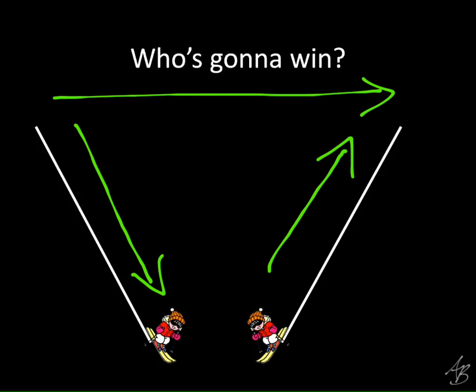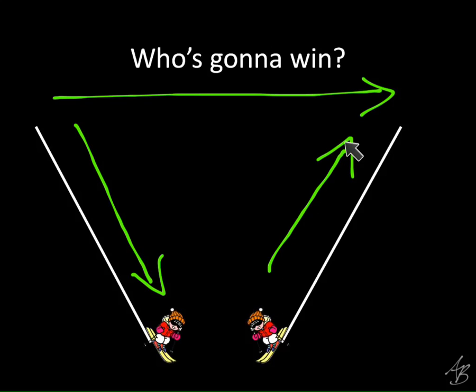Now, obviously for the skier, he's always going down, right? But since he has to go backwards, since he has to go to the left to go downhill, those kind of cancel each other out. That makes this a positive slope. All right. So when we go from left to right, if you're going down, that's negative.